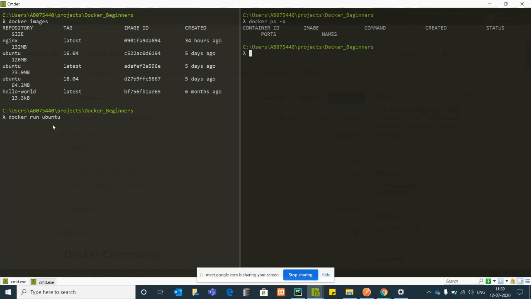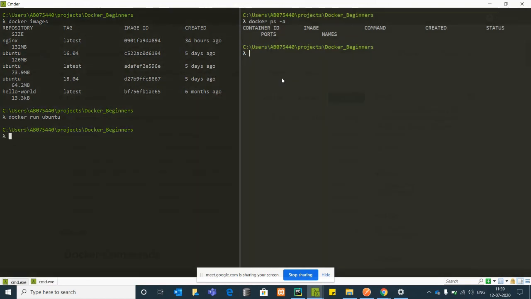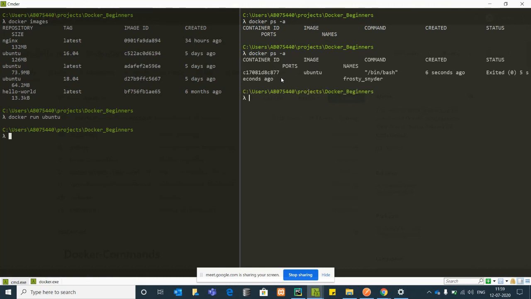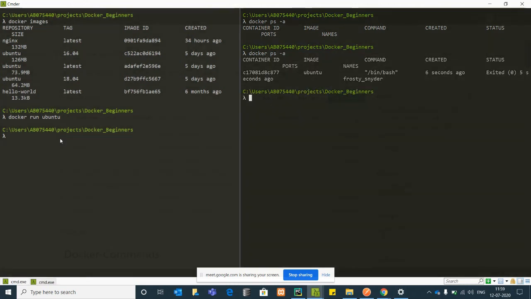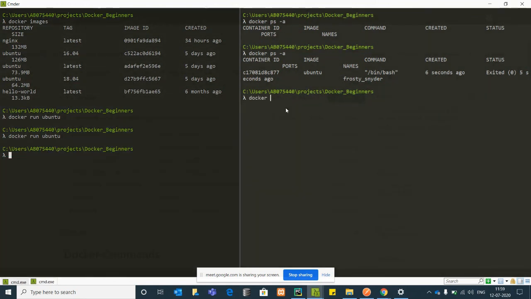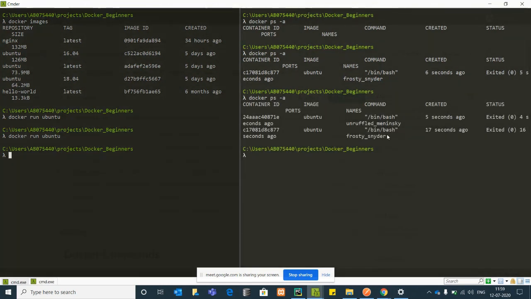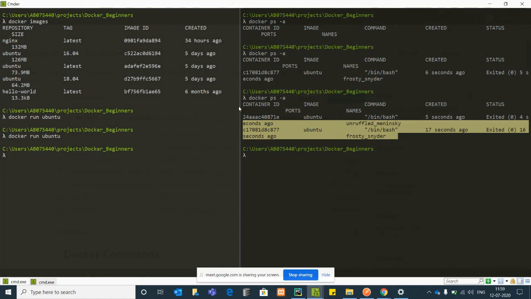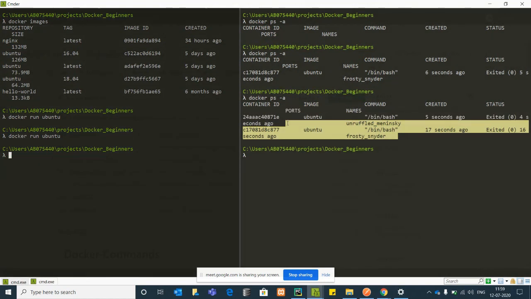So docker run Ubuntu will create a container for me. Docker ps -a, so it created one container. Now again you give docker run Ubuntu, and it will create another container. So this is how you use the same image and run multiple containers.